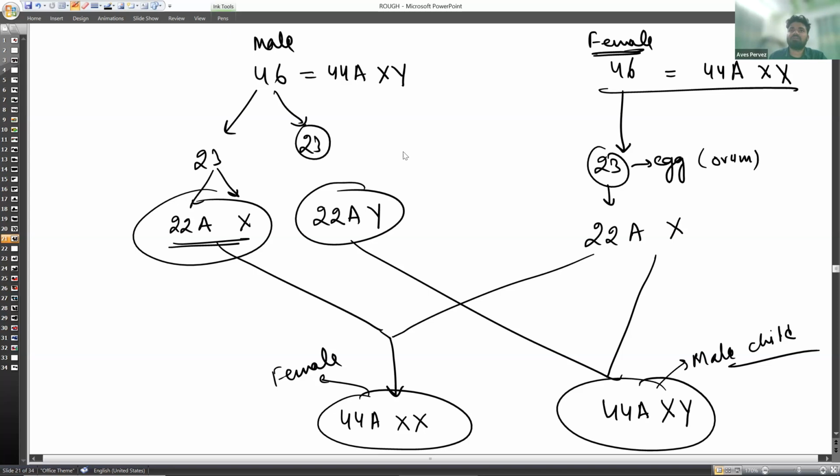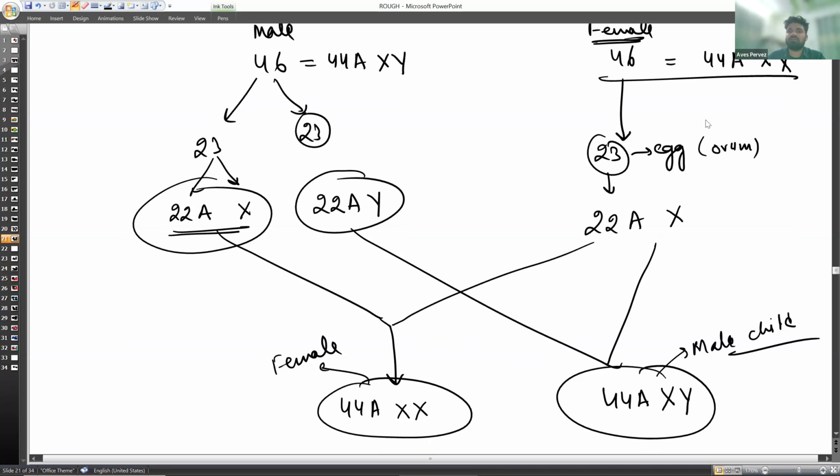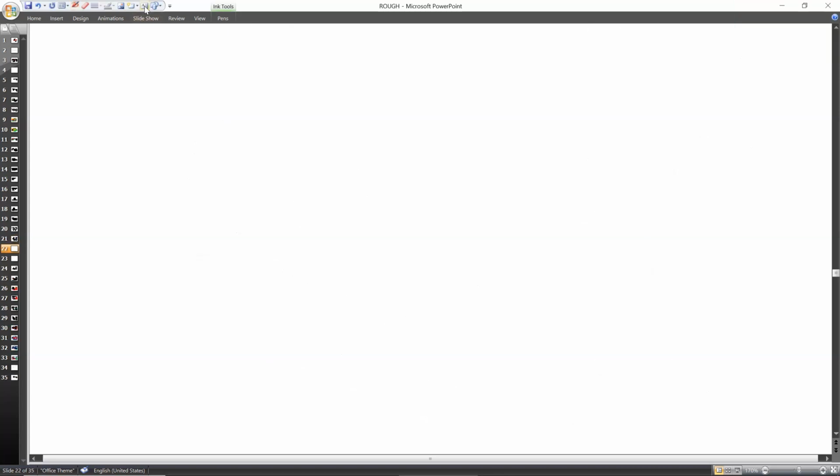Now the question comes: if it is asked in the examination how the males are responsible, or how you can determine this, note this question. Chromosomes: in human beings, there are 23